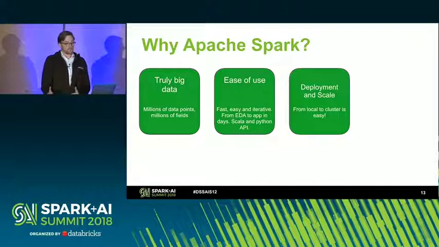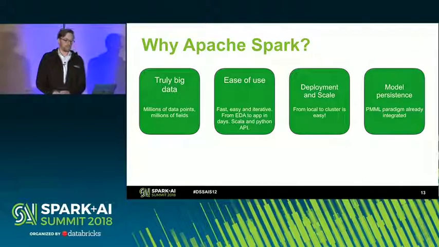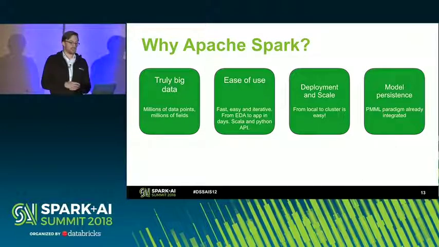So I've kind of already mentioned why we would use Apache Spark, but as all of you here are advocates of it, it's obvious why we would use it, I guess, is that it's truly big data. Whilst there are millions of data points, there are also millions of fields. So it's not just the depth of the data, it's also the width of it. The ease of use. So not only can our data engineers implement it and use it, but also someone like me, a data scientist, can go quickly from doing exploration to having an app running in their local machine, to then having it running on a cluster, so that they then have a very much a scalable solution, which is obviously the next point. So it's very easy to go from my laptop up to a cluster in AWS.